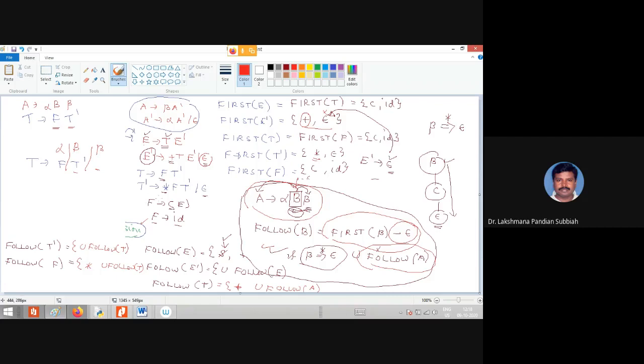You have to take the next one as F is open bracket E close bracket. Here we have a non-terminal E, so you have to take that one. F is open bracket E close bracket.